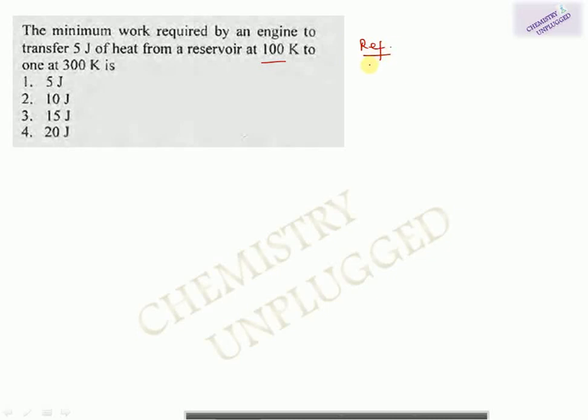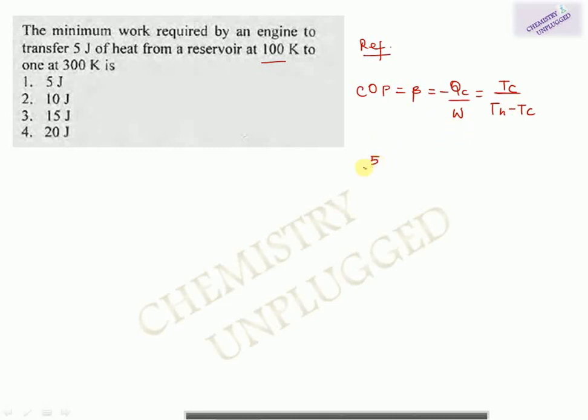In a refrigerator, we have a reservoir at low temperature and it abstracts heat from the vegetables and other sources in the refrigerator which are at higher temperature. It keeps abstracting heat from these sources and keeping them cool. So the working of a refrigerator is almost opposite to that of Carnot cycle, and its efficiency is given by coefficient of performance beta, and beta is equal to QC over W, which is equal to TC over TH minus TC.